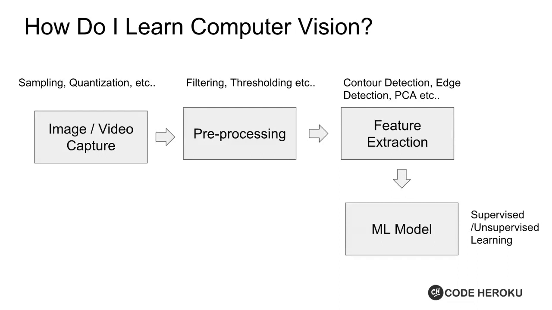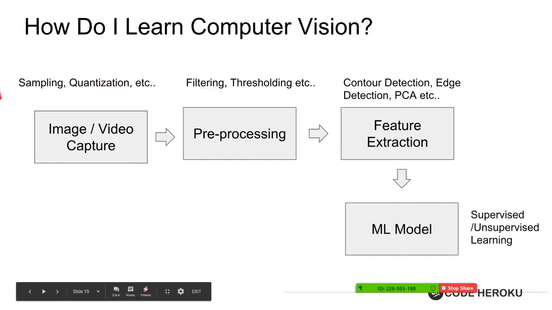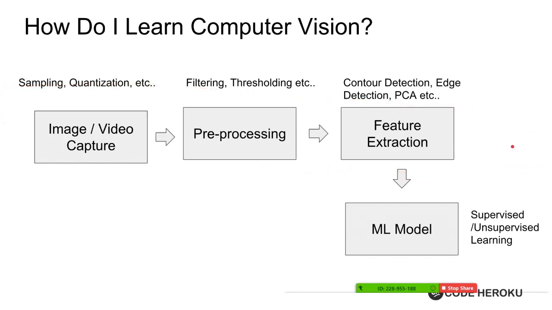And by the way, the first three stages that I spoke about, this is the entire image processing pipeline. When we talk about the first three phases over here, that is how image processing fits in the world of computer vision. When someone asks you what's the difference between image processing and maybe computer vision, that's what I want you guys to tell them: image processing is nothing but a part of the whole computer vision pipeline. For image processing, you would have an input image and the output will be an image as well. So over here, you have some sort of edge detected image, or you're still working with pixels.